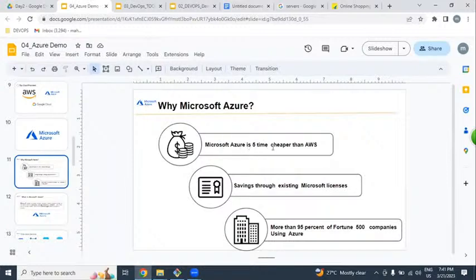Microsoft Azure is cheaper than AWS, slightly near to AWS. Then we can save on Microsoft licensing cost, because Azure is a Microsoft product. If we are using Microsoft related products like MS Office, Windows operating system, or any Windows kind of product, we can reduce the cost. And more than 95 companies are using it, and 25 more companies are now starting to use Microsoft